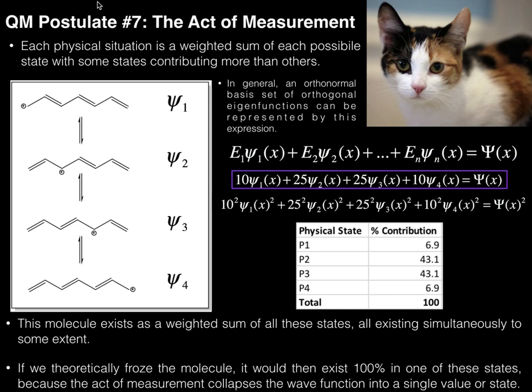In this video, we're going to talk about one more quantum mechanical postulate, and that is the act of measurement, which has to do with the collapse of the wave function. Now, the act of measurement is closely tied with Schrodinger's paradox, and you might have heard of the concept of